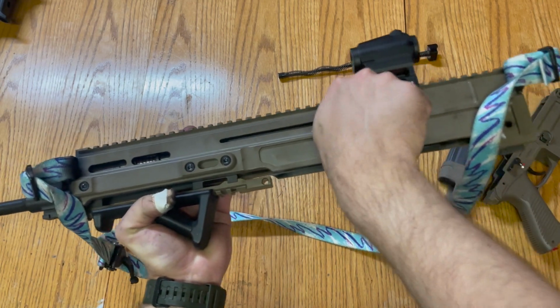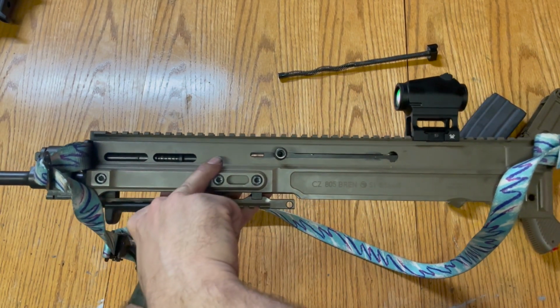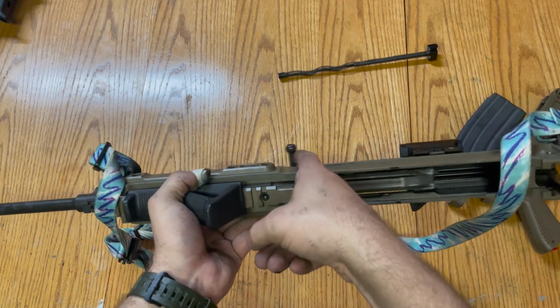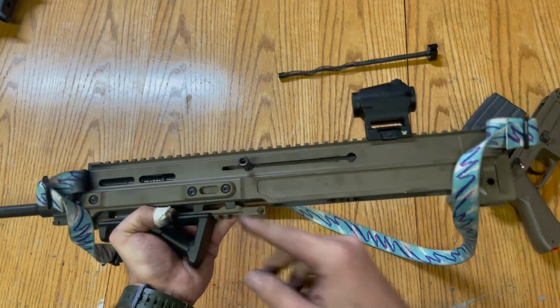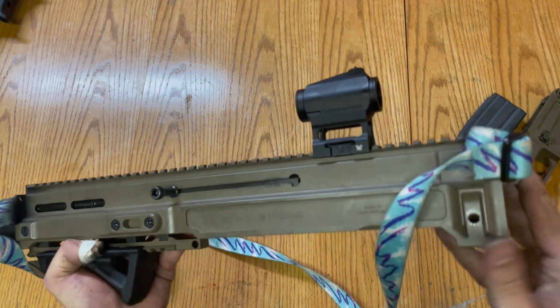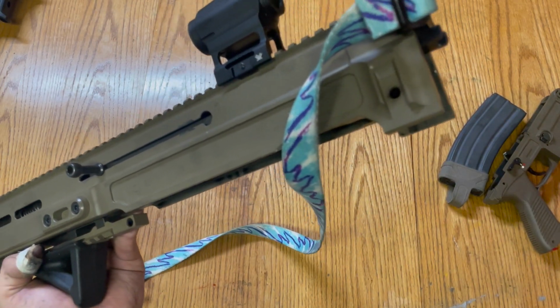Finagle that in. You can see that the operating rod is pushing backwards from its spring, so the bolt will not sit in its lock position because it's constantly being pushed by that return spring. So it's going to spring a little bit when you put it back together. But once you get the coil spring in there and then the buttstock on,